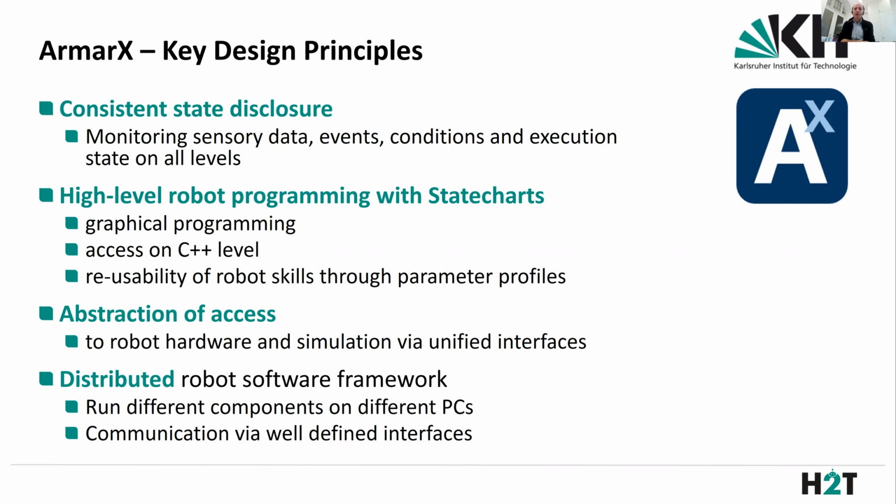So to have a consistent state disclosure, this means monitoring of sensory data, events, conditions, and execution state on all levels of this architecture. The second one was to make robot programming on high level more intuitive and flexible. This is what we did with state charts, a graphical programming framework with access to the different parts on C++ level, where we can reuse robot skills through parameter profiles. Of course, it provides abstraction of access to robot hardware, in particular to different robot platforms,